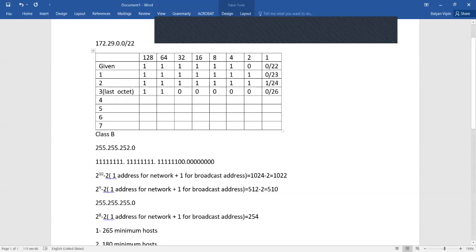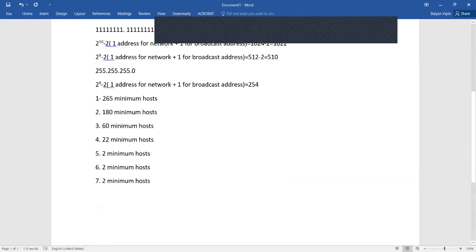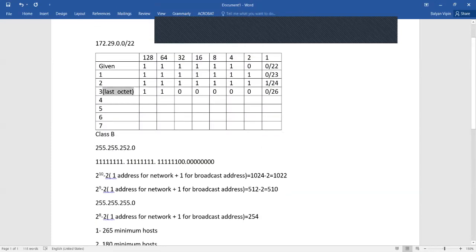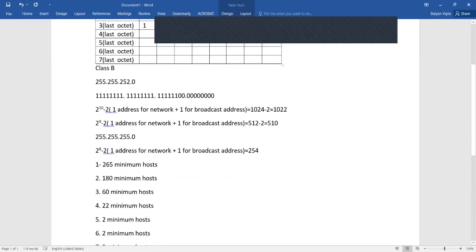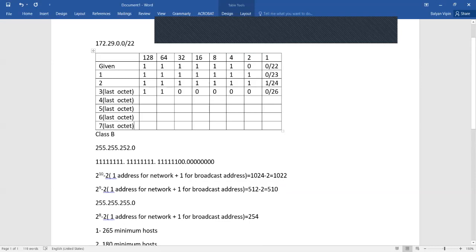Now the fourth and fifth, as you can see the numbers are going down, so they will also represent the last octet. In the fourth one we need to accommodate 22 minimum hosts. Start adding the numbers from the right-hand side. The sum of these is 15, so you need to use this one.